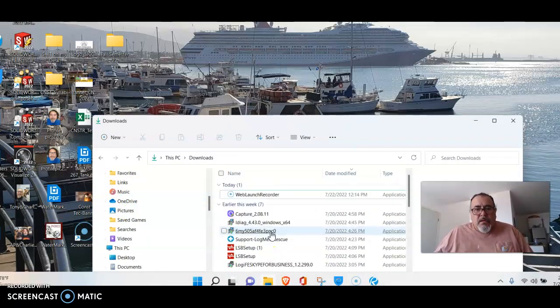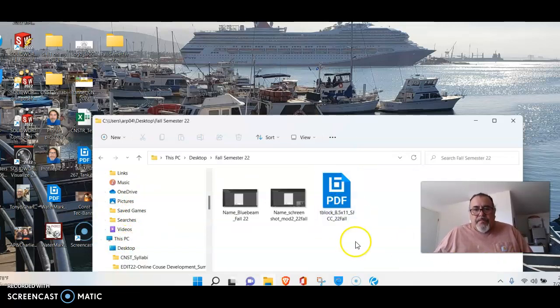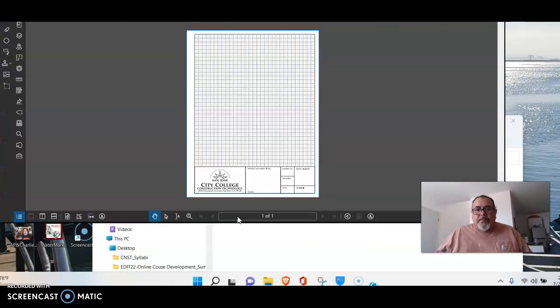And it's showing my desktop. Let's see, is it? Desktop. Fall semester. So name, screenshot. So I've done it a couple of times. Okay, so name Bluebeam Fall 22. Okay, click on it.